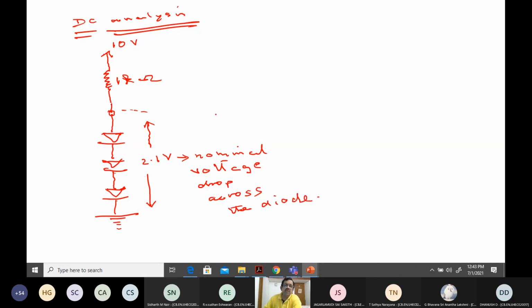Across the diode, now I have the steady state current. So the DC analysis current that flows through the diode, ID, will be equivalent to (10 minus 2.1), because this is grounded and this is 2.1 over here, divided by the 1 kilo ohm resistor, 1 into 10 power 3. That will be equivalent to 7.9 milliampere. So once I have that, I know all the parameters in this place.